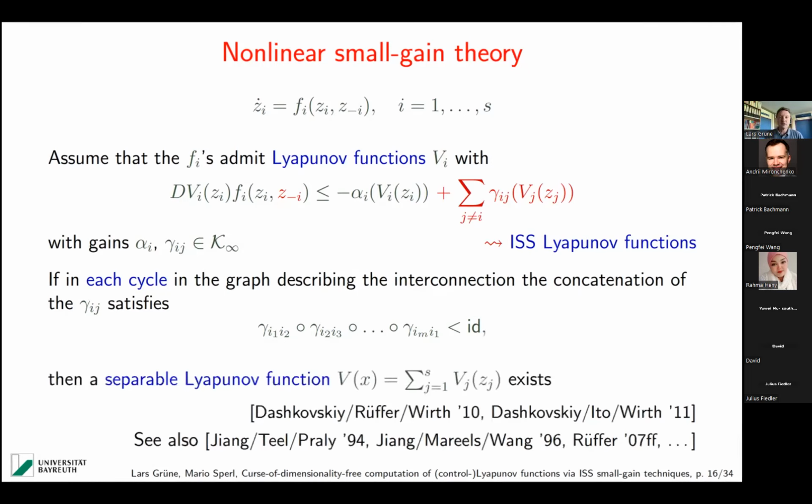And then it's known that a separable Lyapunov function exists, and there are many different constructions. The one I'm referring to here is from this paper by Dashkovskiy, Ito, and Wirth. But there are other constructions. I'm also mentioning Björn Rüffer's PhD thesis, where first constructions were in there. So there are many different ways, and there are also different conditions. There are different ways of writing ISS with max instead of plus. This is just an example of how you can see this low-dimensional structure appear, right? By decoupling and assuming that the interconnection is, in a sense, weak enough.